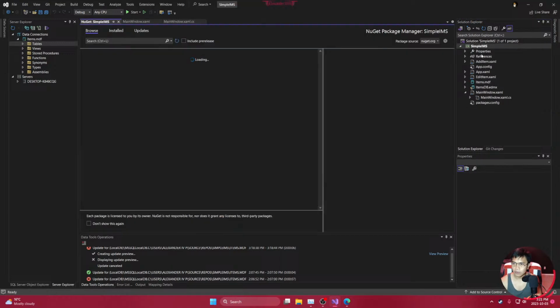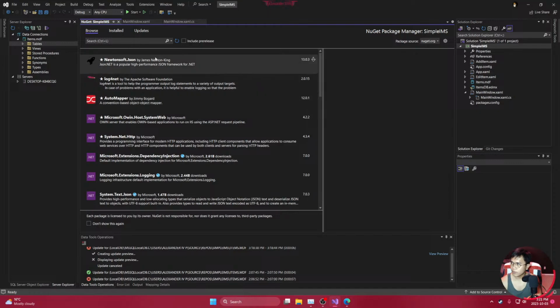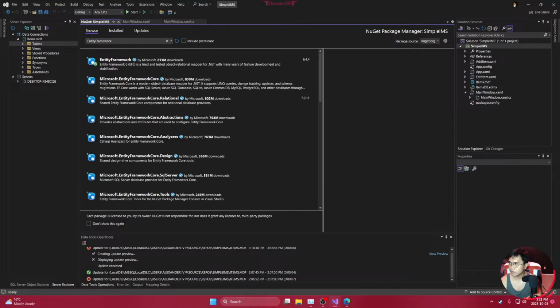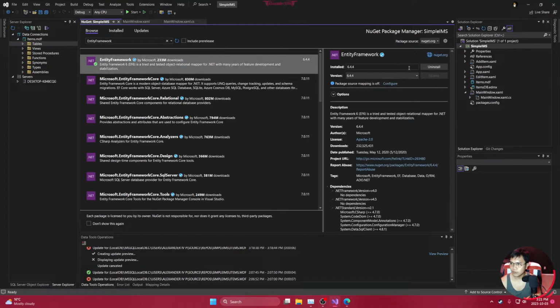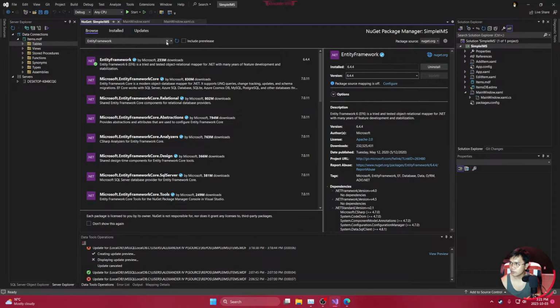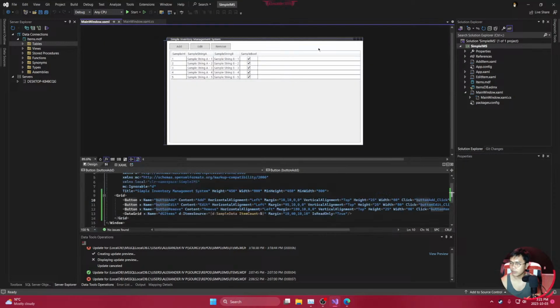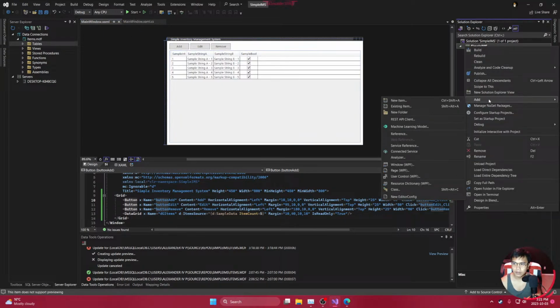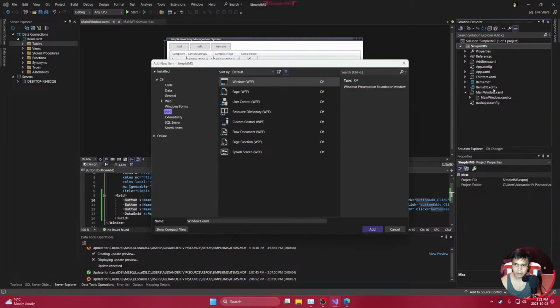So basically, just right click on that, Manage NuGet Packages, search here for Entity Framework, whichever one works. The latest one will obviously work the best, possibly, for the latest version of your project. So now, once again, we will look at the database model, which is this one right here, the .edmx